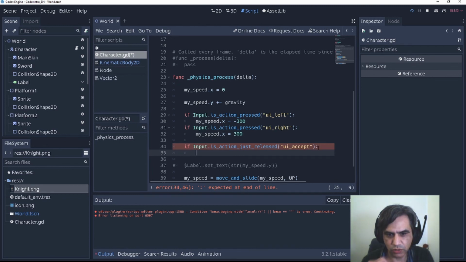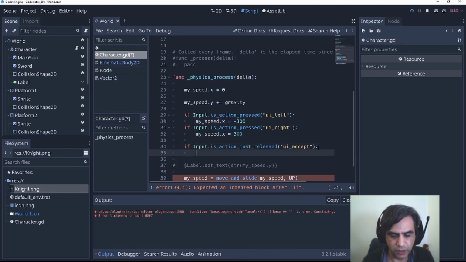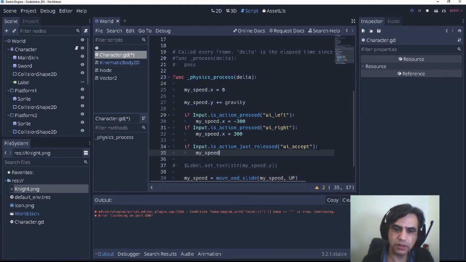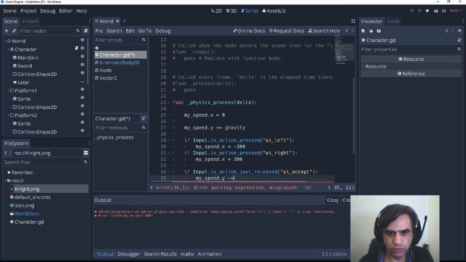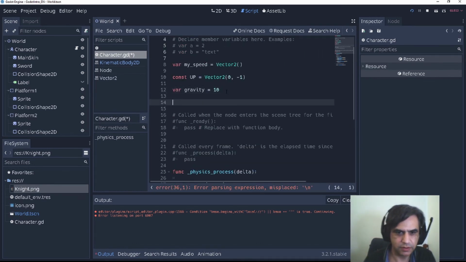And what we are going to do is say that my speed, let me think, y is going to be minus the impulse, var jump impulse.